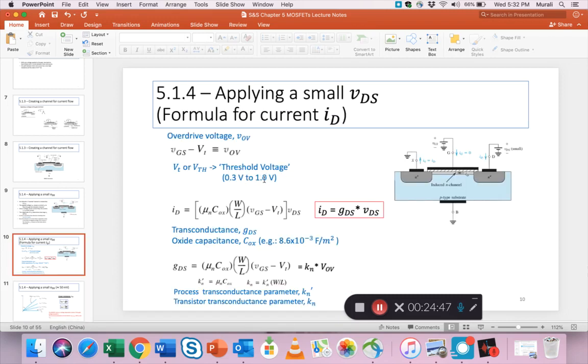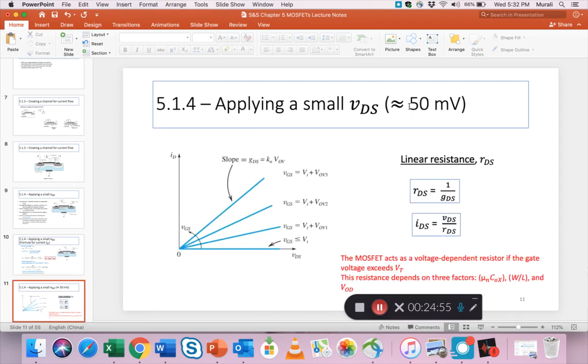Of course, if this is 1, then VDS has to be above 1, but assuming it's at the lower limit, 0.3 or something, then 50 millivolts will give you slightly above that voltage, right? And so as long as this condition is satisfied, that the gate voltage,